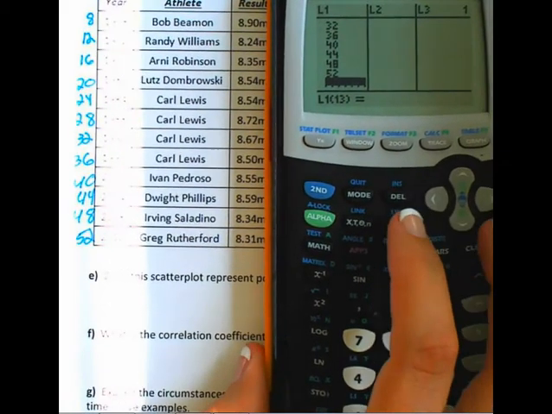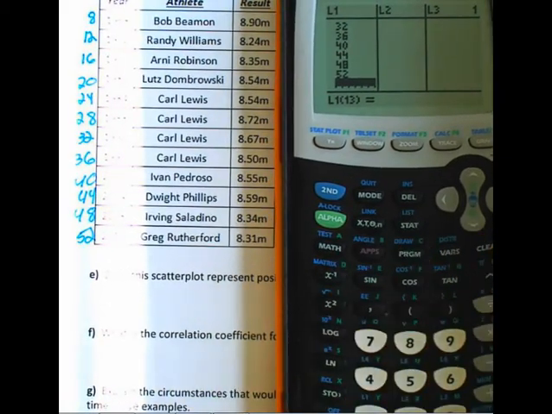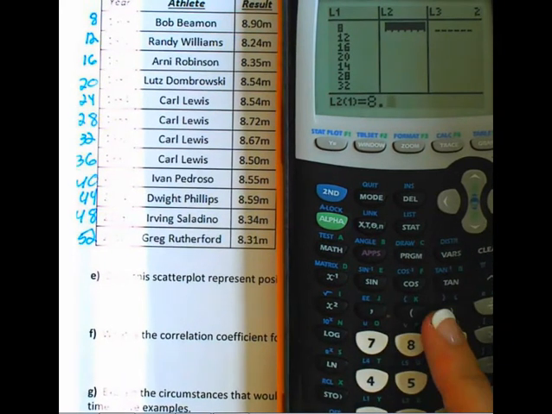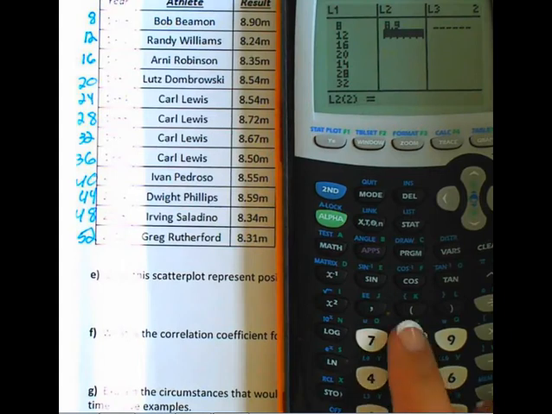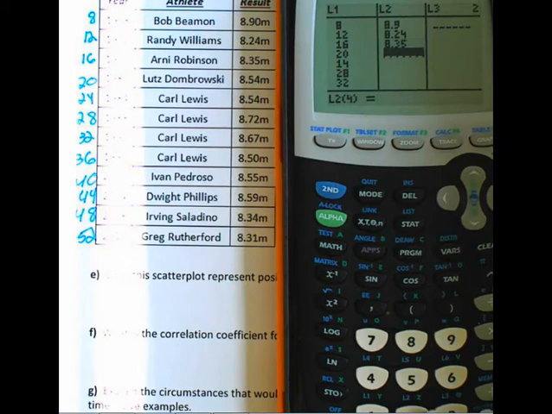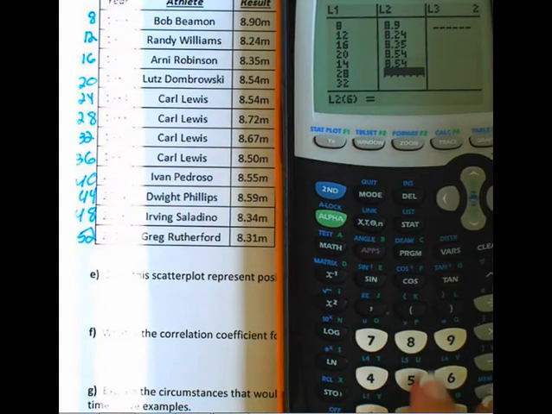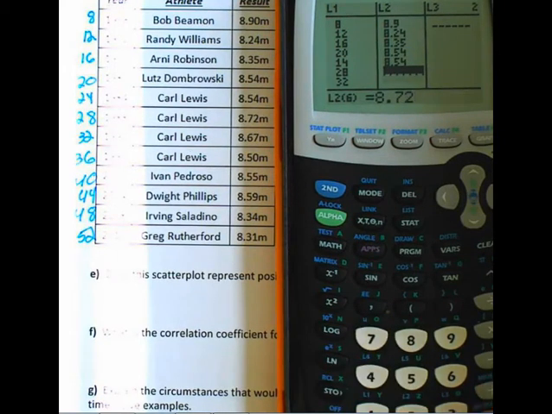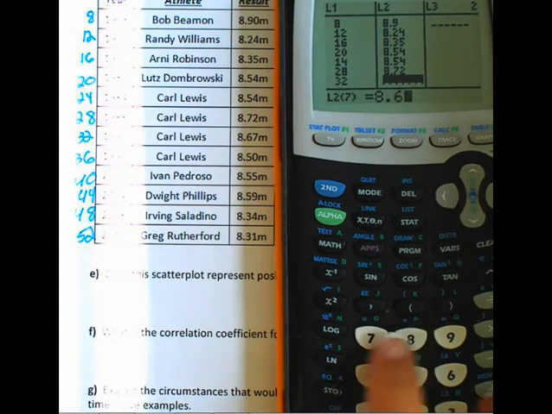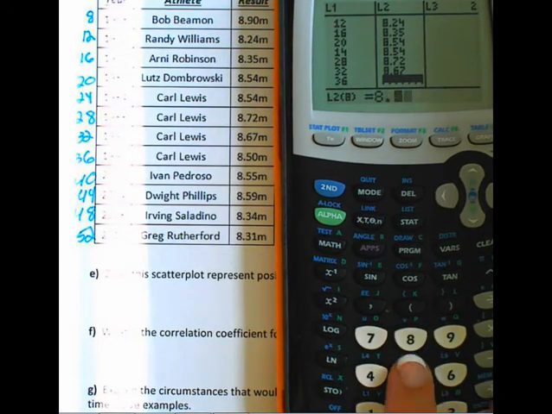So over here are the results. And I'm going to move over to list 2. 8.9, enter. 8.24, enter. 8.35, enter. 8.54, enter. 8.54, 8.72, 8.67, 8.68, 8.50, 8.55, 8.59,